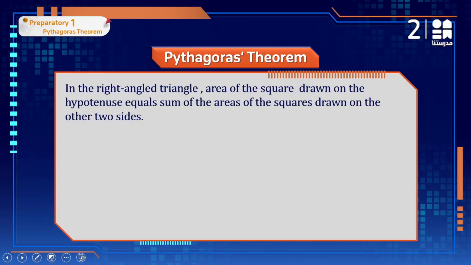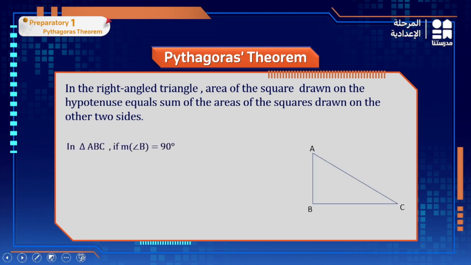Pythagoras Theorem. In the right-angled triangle, the area of a square drawn on the hypotenuse equals the sum of the areas of the squares drawn on the other two sides. Okay, let's have this triangle. In triangle ABC, if the measurement of angle B is equal to 90 degrees, so B is a right angle. Then